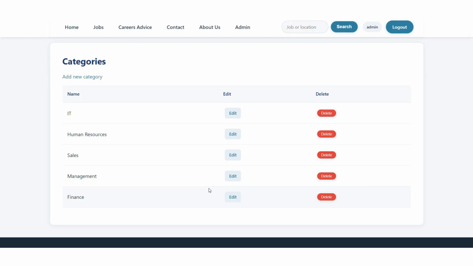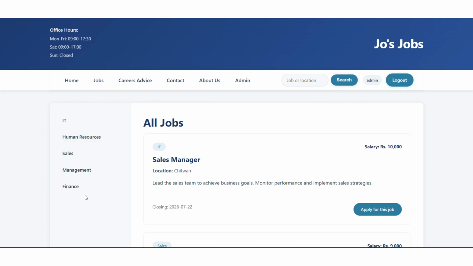Now I will refresh the home page to verify the new category appears on the navigation bar. As you can see here, finance is now listed. It also appears in the sidebar of the jobs page.